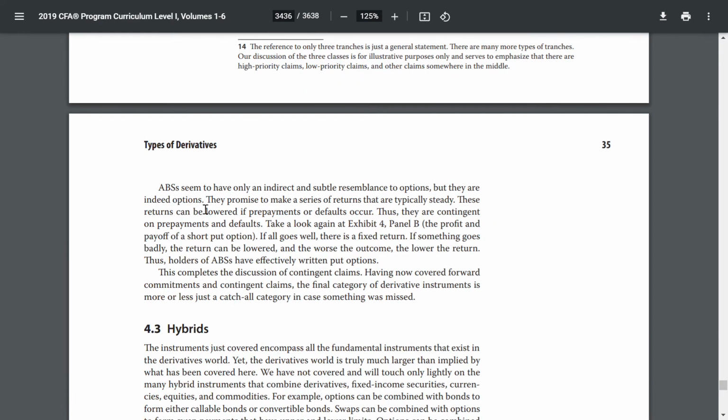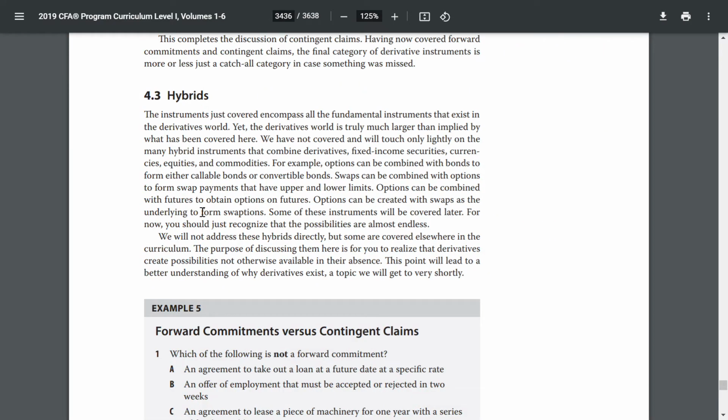Hybrids. The instruments just covered encompass all the fundamental instruments that exist in the derivative world, yet the derivative world is truly much larger than implied by what has been covered here. We have not yet covered, and will touch upon lightly, the many hybrid instruments and combined derivatives, fixed income securities,